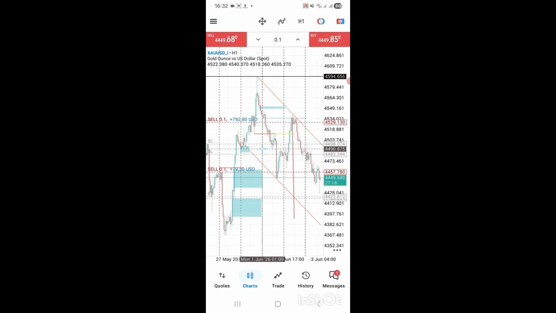And then what I did, I had to wait for gold to come tap either on a fair value gap or an order block that was left before breaking structure. Not this one. This one was left after breaking structure, because what confirmed this one is this full candle plus this one here that closed below it, which I'm not looking at.